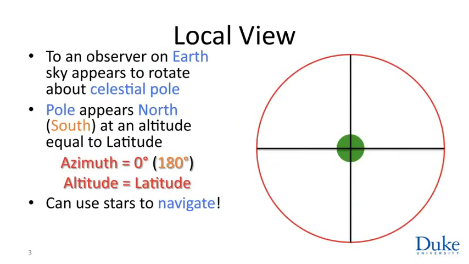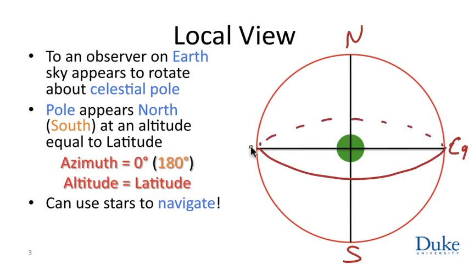Now, what we need to understand is how to translate positions on the celestial sphere in the celestial sphere coordinates to positions in the sky in this altitude and azimuth coordinate system. And so here we have our little Earth inside a large celestial sphere. Remember, the celestial sphere should be huge. We have the poles of the celestial sphere here. We have the celestial equator over here, and two diameters drawn for convenience. And so we will place our observer over here at some particular latitude,